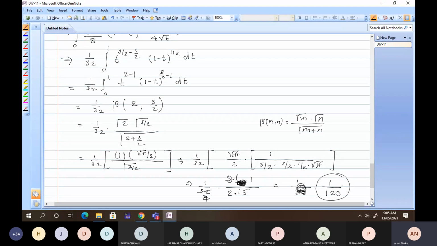That is nothing but minus. See, calculations. We did that much difficult part, but we got stuck somewhere in the calculation. So 1 divided by 120, that is nothing but the answer of that problem. Clear? So I hope you get the idea how to solve this kind of problems. Yes or no? For any problem, you just need to think what we need to substitute. Once you understand that, it is very easy to solve.